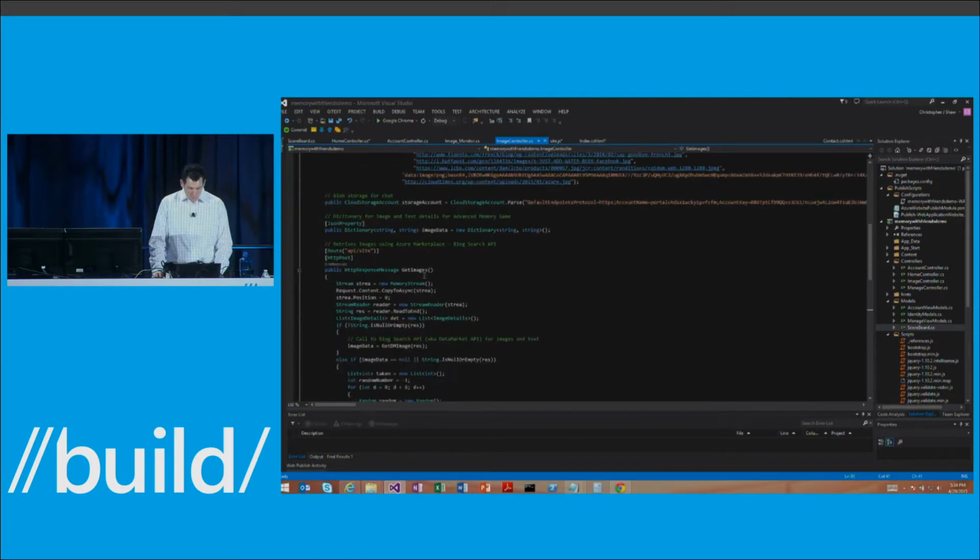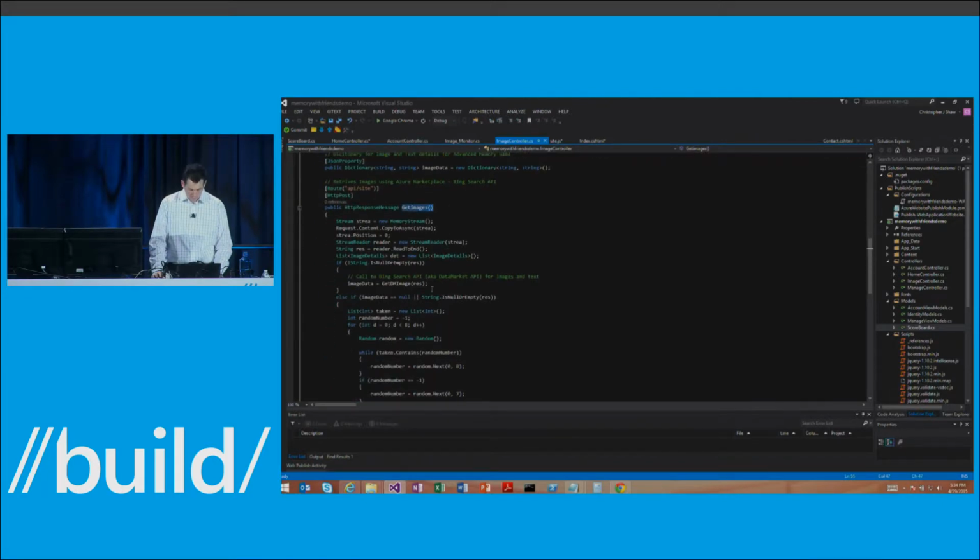So the image controller, when you do the get image, this is a function I talked about before where it checks to see if the images exist or not. We now will have content in our HTTP post message. And we'll check for that. And now that a user types in a topic, say Microsoft Edge for the new browser, it'll go in here and it'll call our Bing Search API,